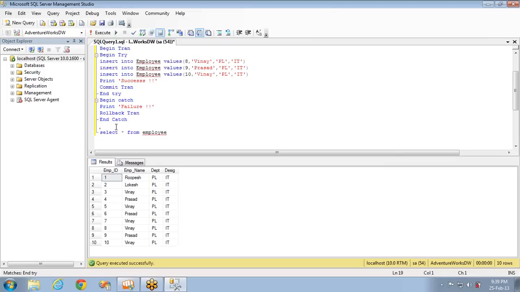It really helps. Take the example I told you, bank account deduction and deposit into a new account. If the deduction is done and the deposit is not done, then the bank's values, the amounts, will not get tallied.